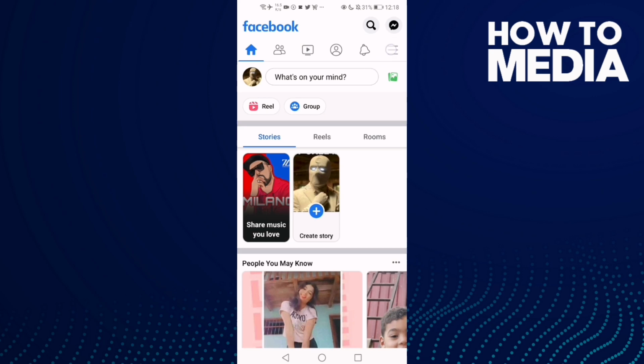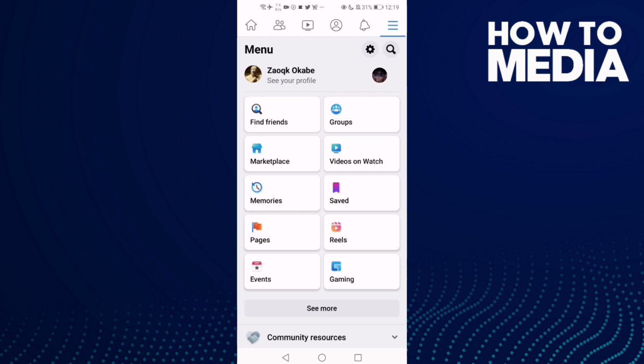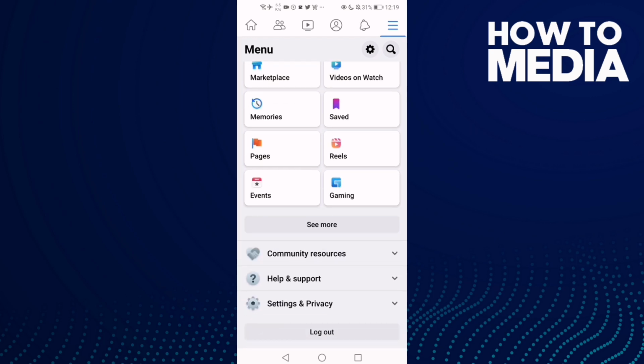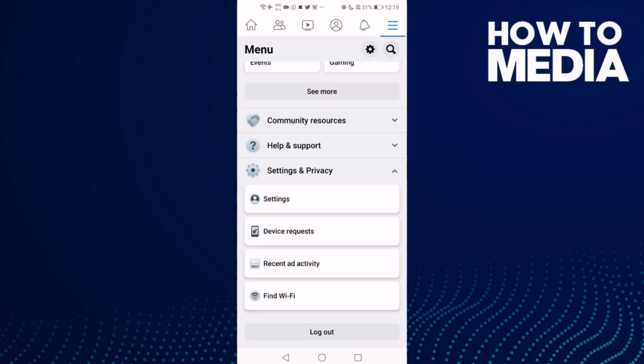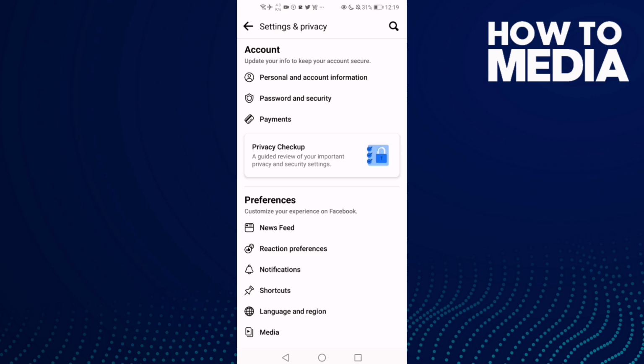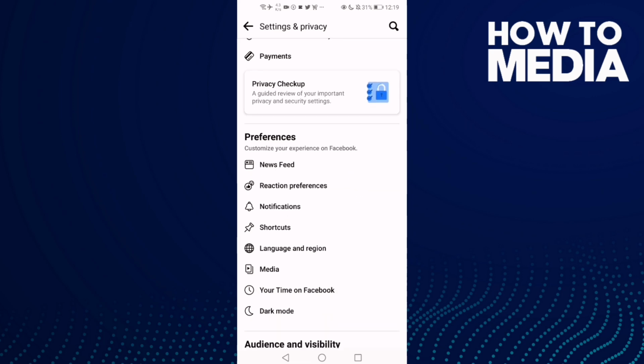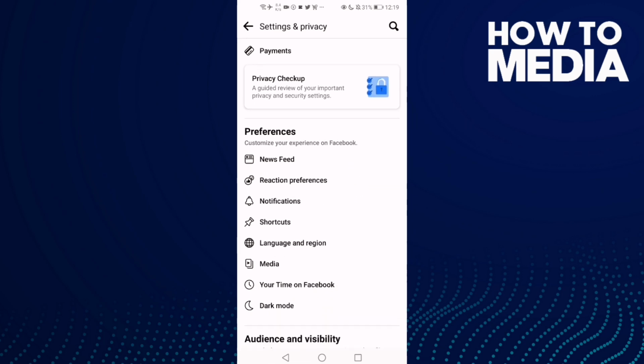and then click these three lines here and go down until you find settings, and then settings, and now go down and you will find the notifications. Click on it